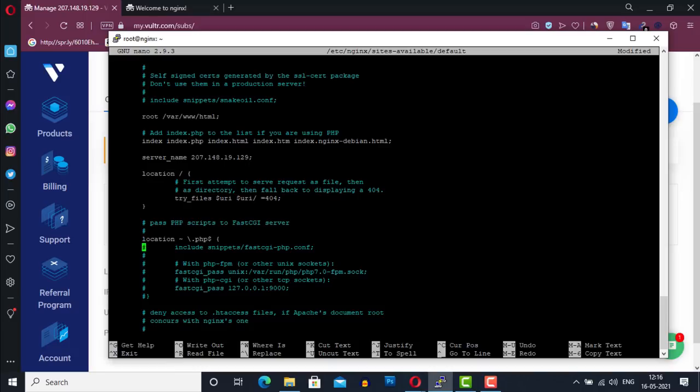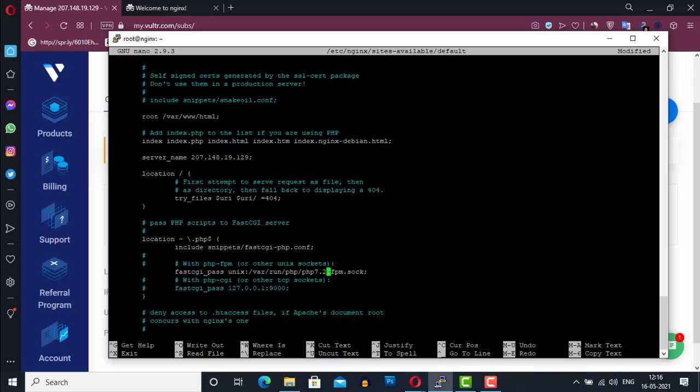Then the second line. After this, uncomment the fastcgi_pass unix line and then the close bracket. Now the one thing you have to do is change the PHP version from 7.0 to 7.2 in this line.